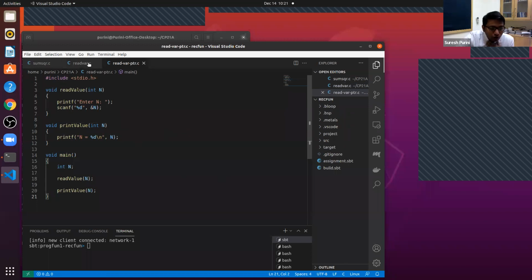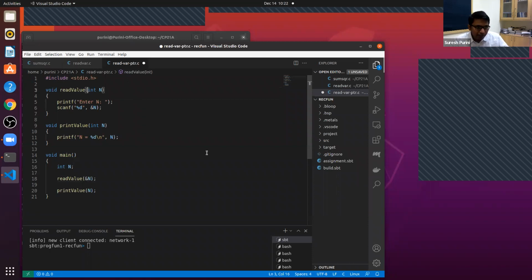So now, in order to be able to read this value, we want to pass the address of the local variable n to read value. We want to pass the memory location associated with the local variable n.